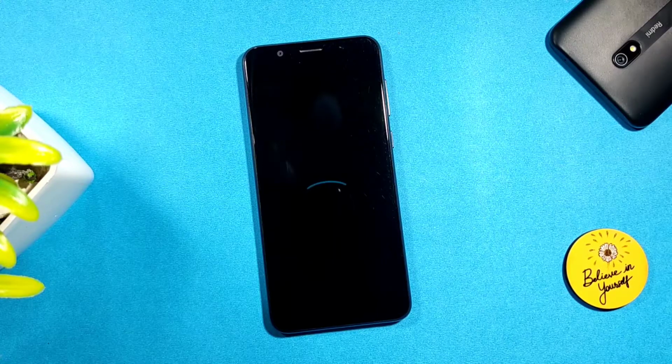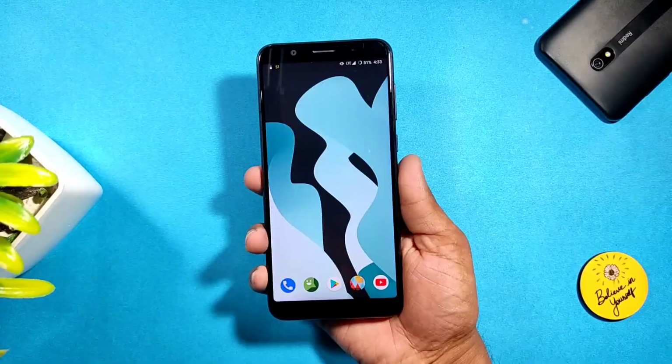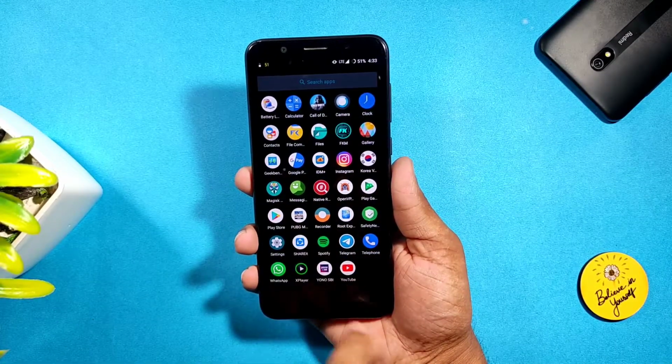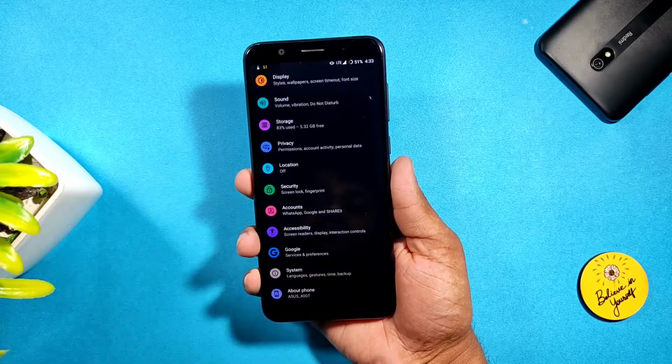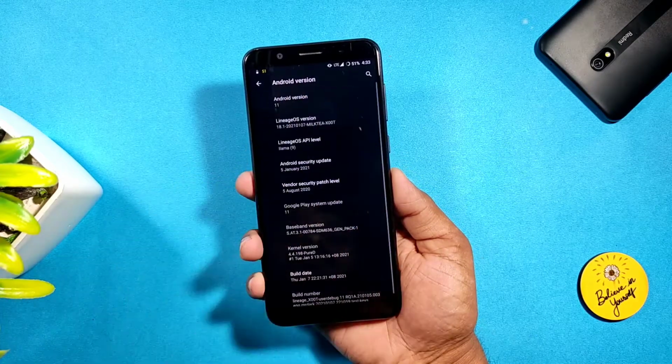And first of all, I want to tell you a very important thing: this is a Magisk module. That means this will only work on a rooted Android device, and your device should be rooted with Magisk. Then you can follow the next steps to get a new boot animation on your device.